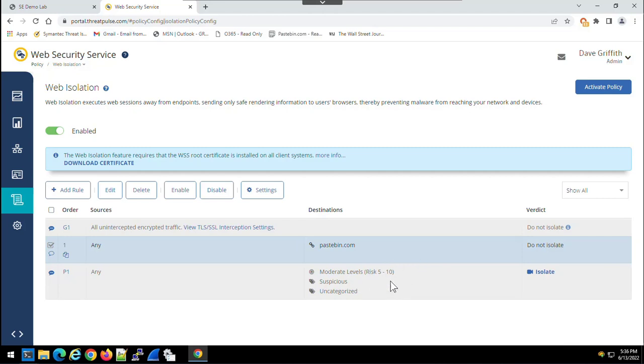The only thing we can do with Symantec Web Protection with high risk isolation is create what we call bypass rules to allow us to specifically access particular categories, destinations, URLs, and other things, and mark the verdict as do not isolate. When we do that, we can then click activate policy.